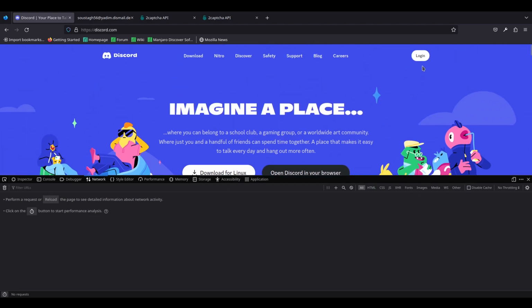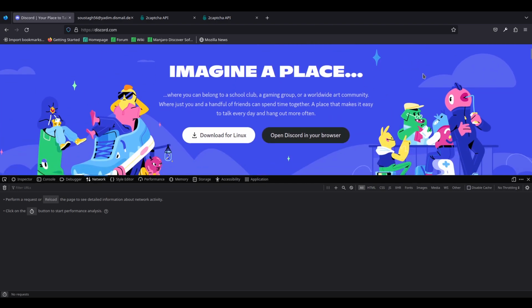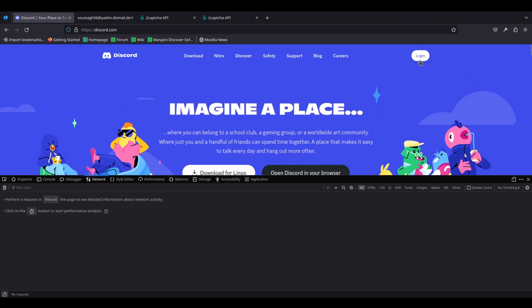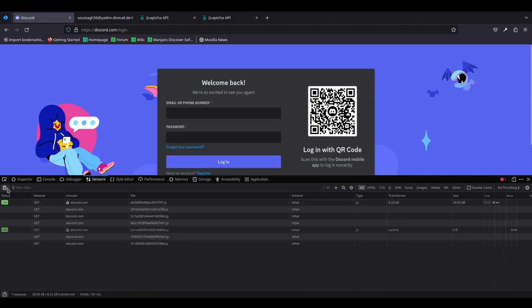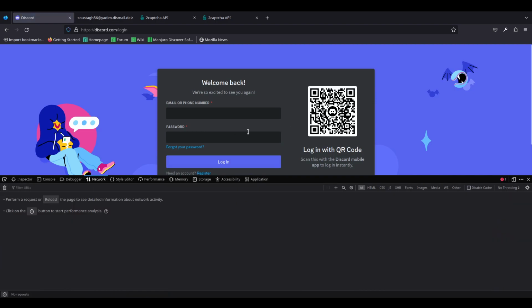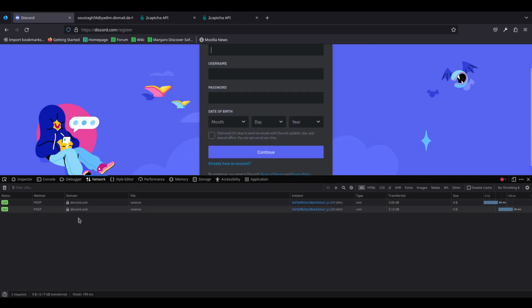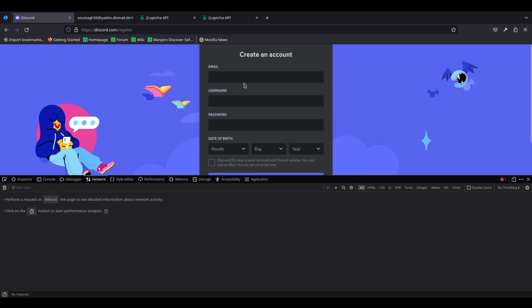So I'm gonna be making a Discord registration bot as my tutorial, and the first part in that would be you go to the login page. You just can all of these until the request you want happens. Just keep canning them because it'll just be too much in there for you to look at. But now that you're on this page, you'll want to go to register, and once again just can them, and we'll put in